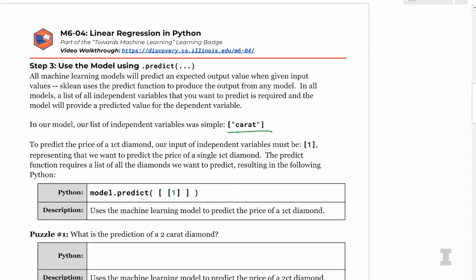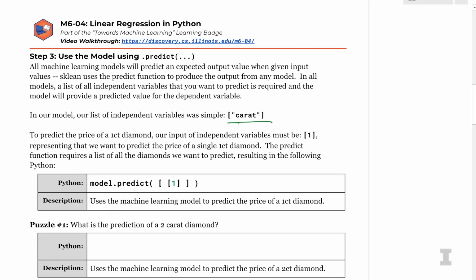If we want to predict the price of a 1 carat diamond, I'm going to use the same format in model.predict. Inside the parentheses, I'm going to open a square bracket to give a list of all of the predictions we want to make. And inside this inner list, I just want to predict 1 diamond that has a carat weight of 1 carat. So model.predict, open parentheses, double square brackets, 1, close double square brackets.